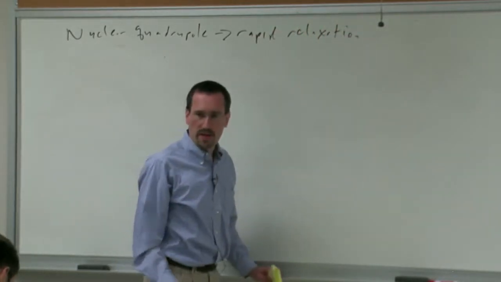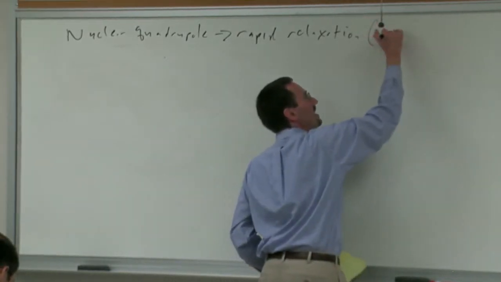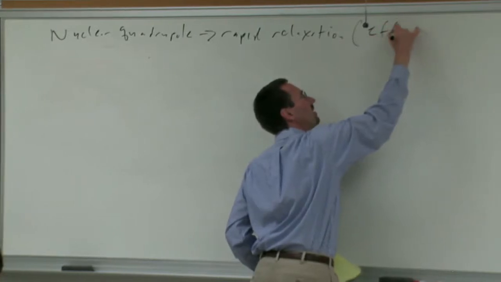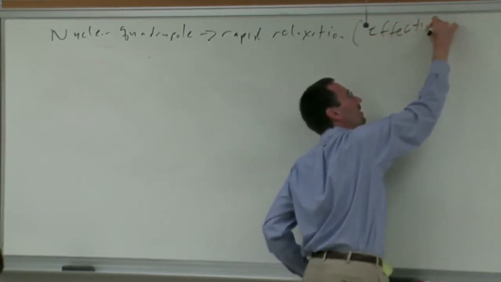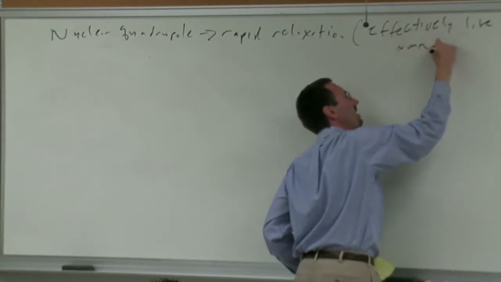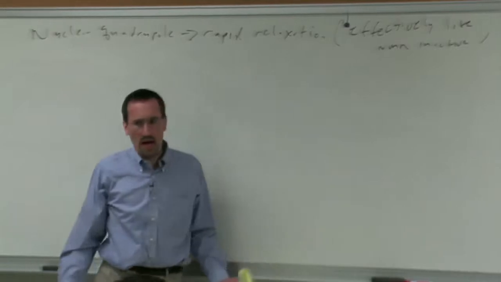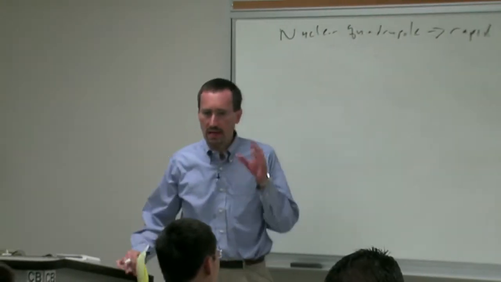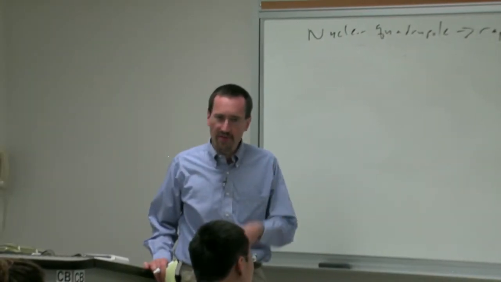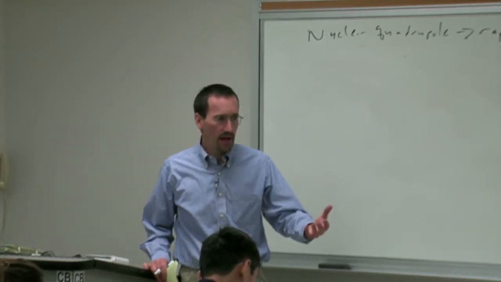And I'll just say, to put it in simple terms, it is effectively like NMR inactive. So many of the nuclei with nuclear quadrupoles, like chlorine 35 and chlorine 37, how do we know